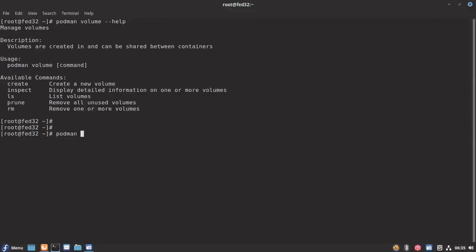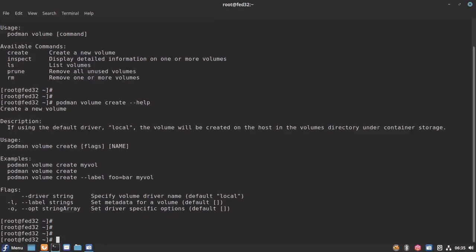Let me try to create a volume. Let's see what arguments the create option will take. You can see that by default it will accept the driver as local, and it will create a volume on the local host machine.